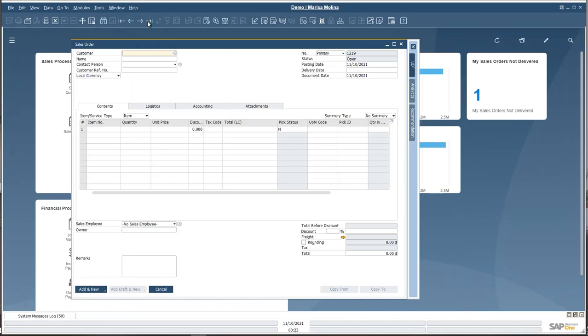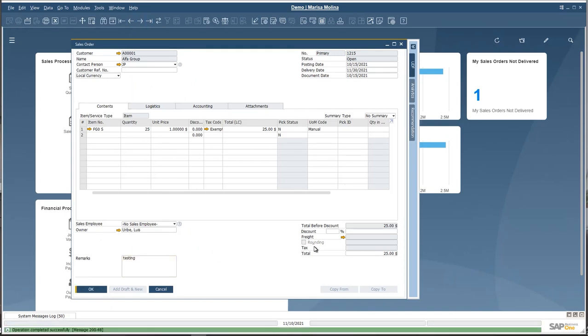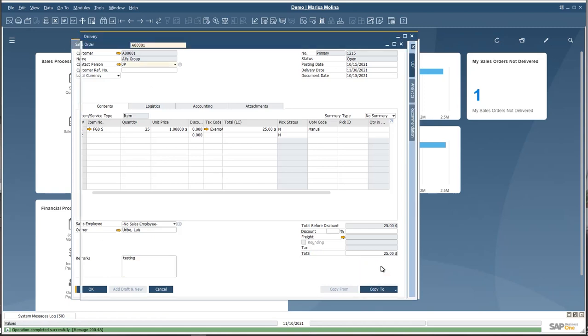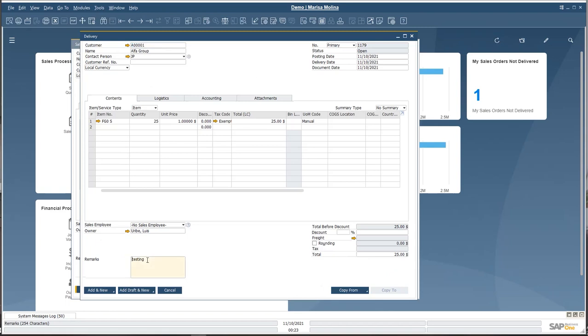So if I go back to one of the sales orders that I don't have, this one is 0. In here, let's say, just testing. Let me just update. And if I go to copy to delivery, now I don't have that message